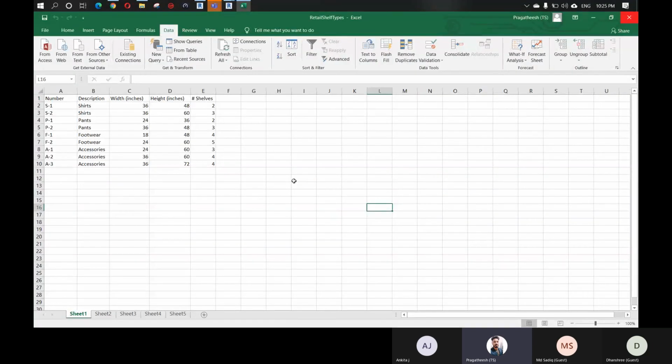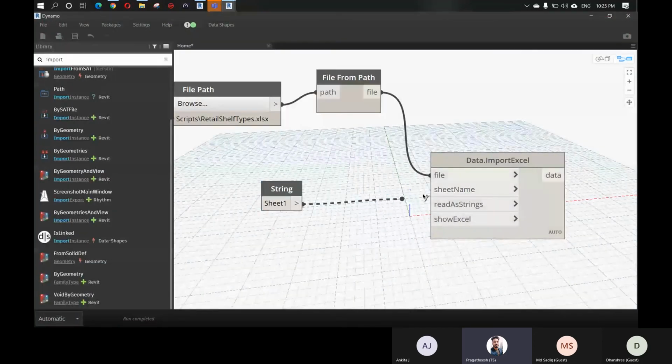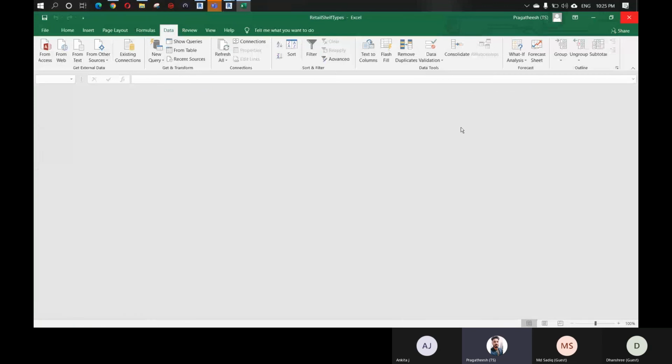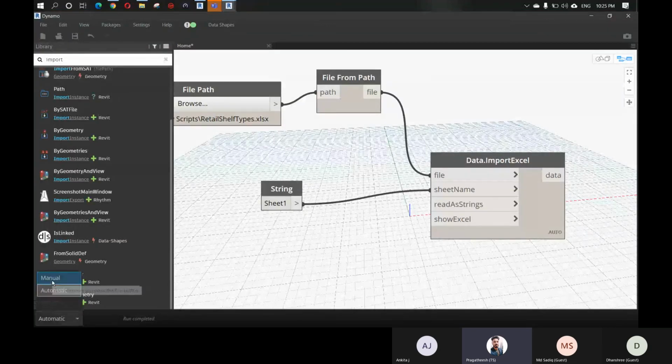This is running automatically, so once I connected this, the result comes automatically. You can also see when I connect this, Excel opens automatically because the script is running automatically.